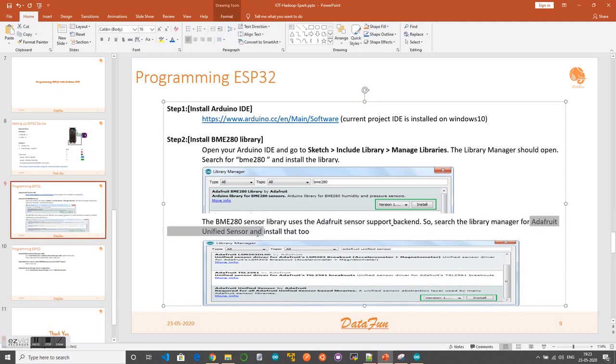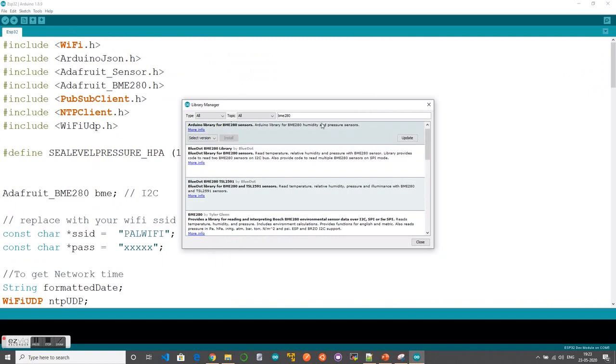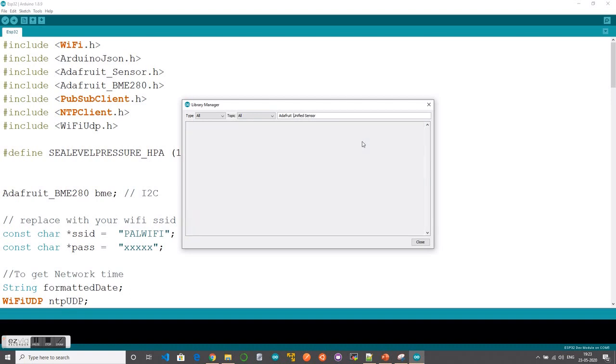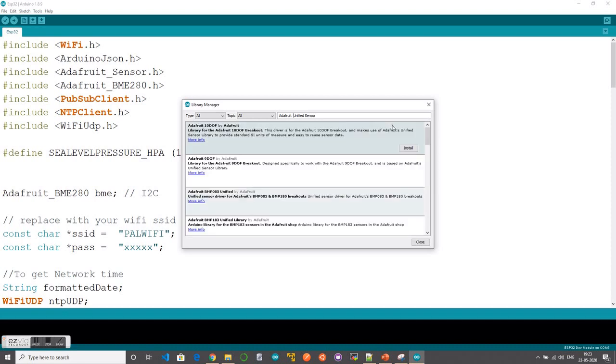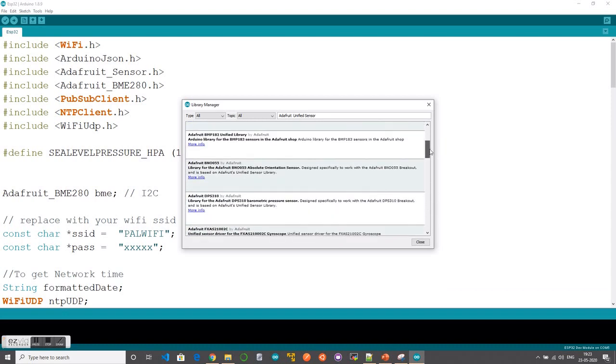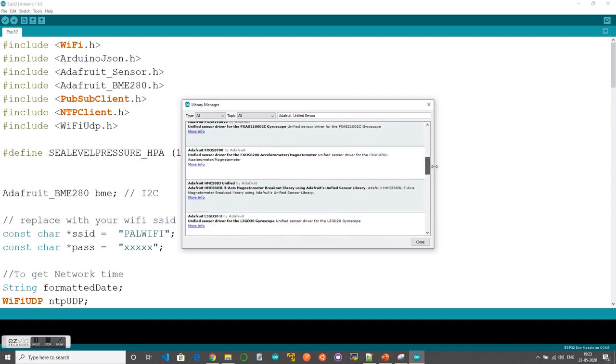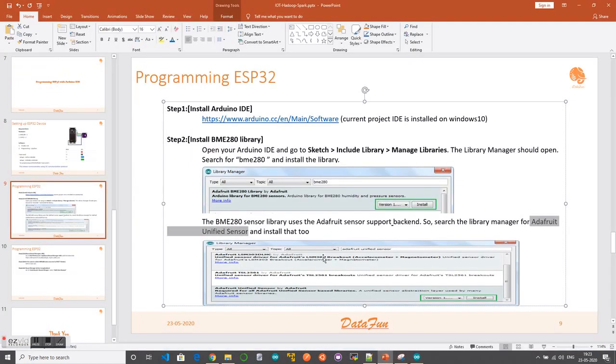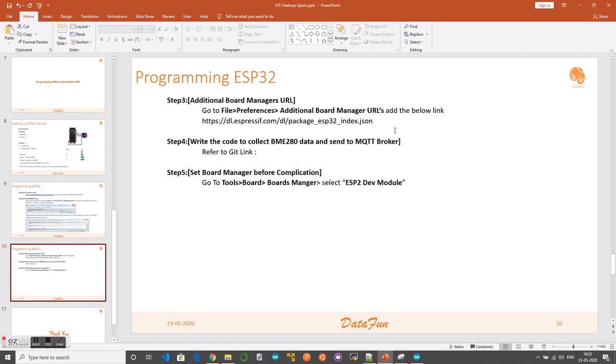Just type Unified Sensor, and once you have typed, drag down; it will be mostly at the end. You'll find this library file at the end. I have already installed it. Just install this, and I'll share these files on GitHub.